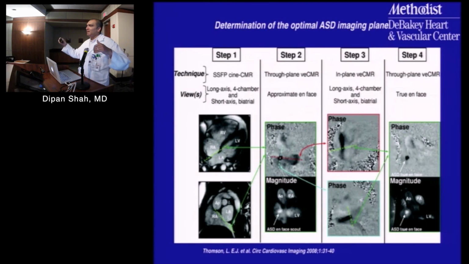So instead of measuring in the aortic and pulmonic planes, you could actually find a plane that takes you through the atrial septal defect, and that's what's done here. So now I have what's called an en face view of the ASD itself, and you can measure the through plane flow going through this atrial septal defect. But unfortunately, there's a lot